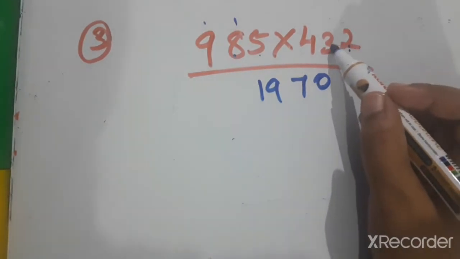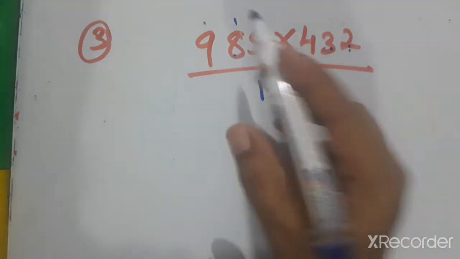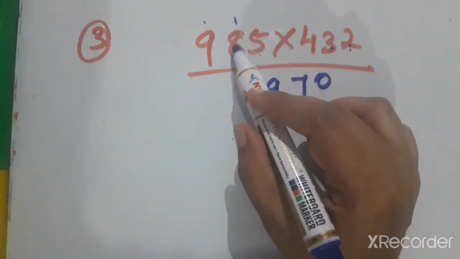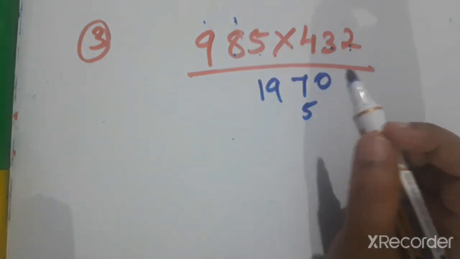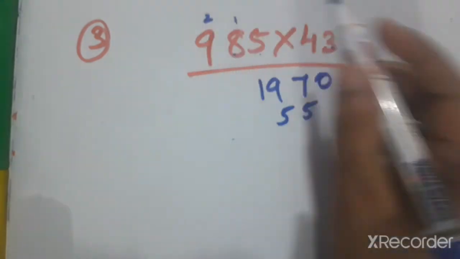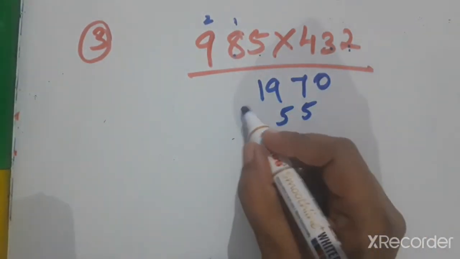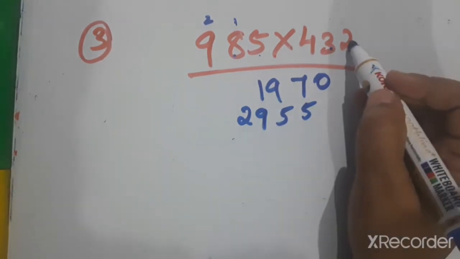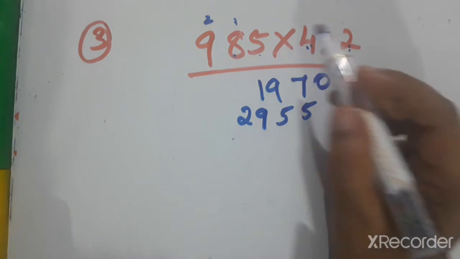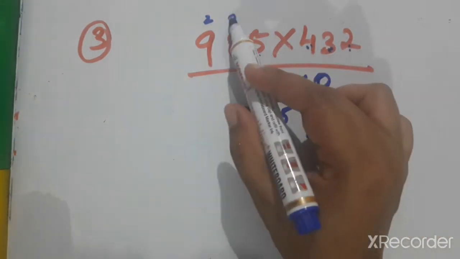Now second line with the 3. Okay, second number. 3 fives are 15. 15 means 5, 1 carry to the next number, and 3 eights are 24. 24 plus 1 is 25. So 5, 2 carry to the next place. 3 nines are 27, 27 plus 2 is 29. So first line over, second number over, now with the third number, okay. 4 fives are 20. 20 means leave one space and write 0 here, 2 carry to the next place.